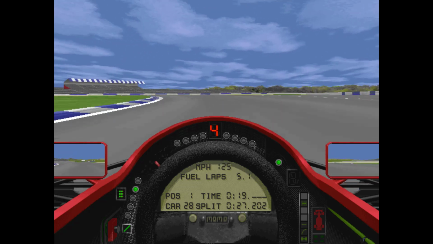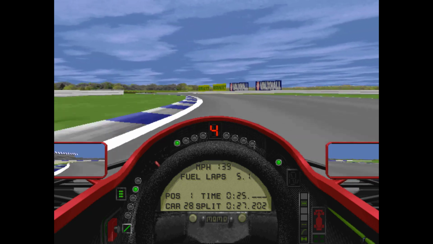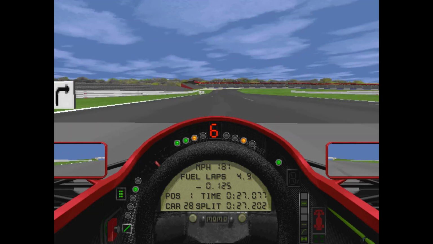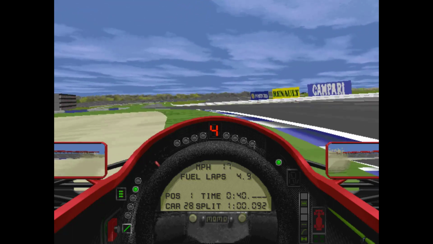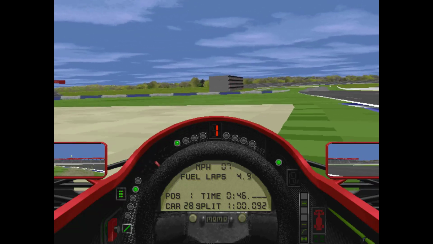One other really cool thing about the sim is how moddable it is. It's super easy to get totally different tracks, totally different cars in the sim. The sim comes with the full 94 grid now. If I ever get the corner at the end of Hangar Straight right, that would be